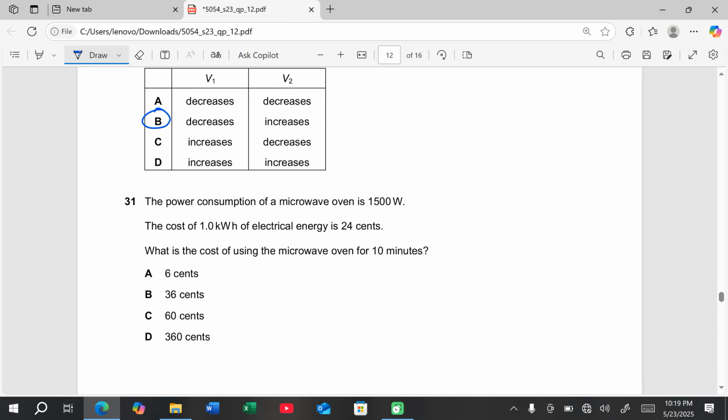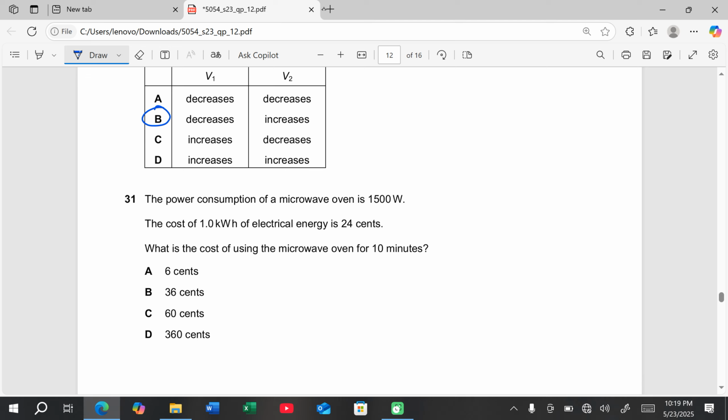The power consumption of the microwave oven is this. The cost of this is 24 cents. What is the cost of using the microwave for 10 minutes? So let's convert this into kilowatts. So that's 1.5 kilowatts. Now I'm going to run it for 10 minutes. I need to convert that into hours as well. So that is going to be 2.5, and 2.5 times 24,